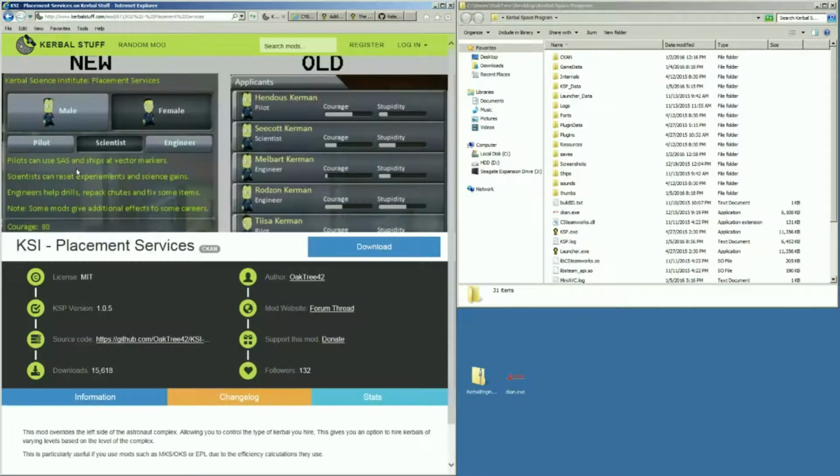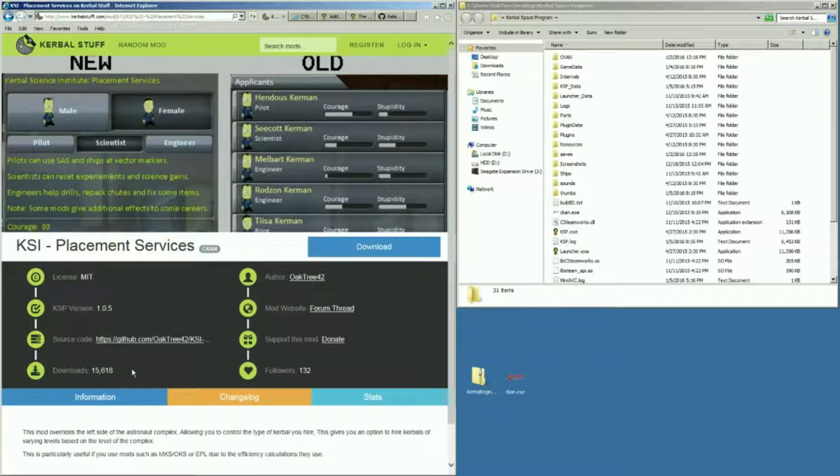So you can click on that and it'll show you information about the mod. It'll tell you the name of the mod, whether it's on CKAN or not, and we'll talk about CKAN later. And it has a download button. It'll tell you what kind of license agreement it's been released under, what version it's been updated to, where the source code is, because by the Kerbal licensing agreement for mod makers, they have to make the source code available,